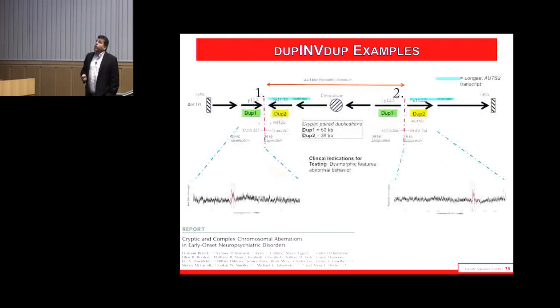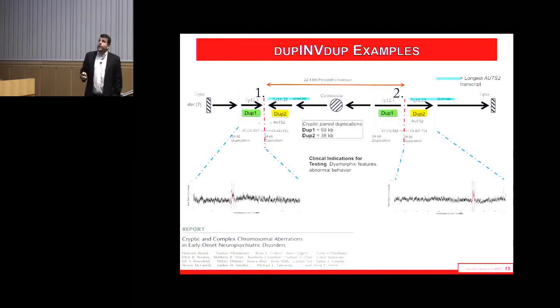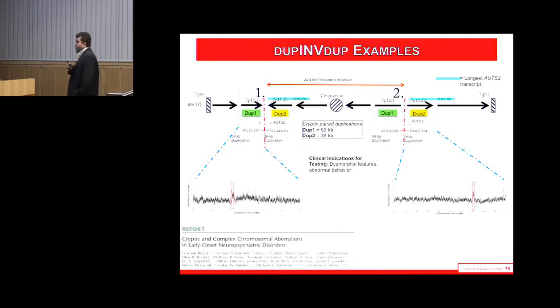Okay, what else did we find? Well, we found these dupe signatures that actually also underlie clearly pathogenic events. This is a de novo large pericentric inversion that disrupts OTX2, but the chromosomal microarray pattern actually was just 2 benign small duplications on the chromosome, and yet we know OTX2 is a pathogenic locus in autism.